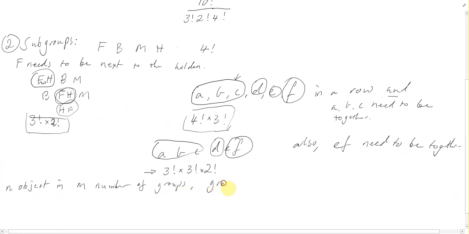Group sizes are, let's say group 1 is the size of the first group, so like 3 in this example was the first group size, and then group 2 is the size of the next one, all the way up to group M, which is the last group. So then, the number of arrangements